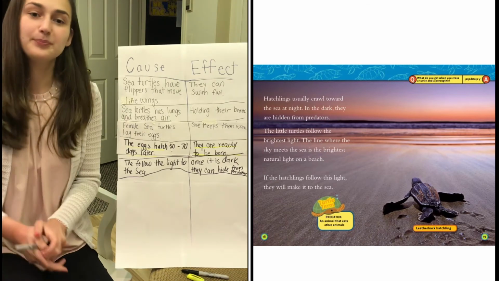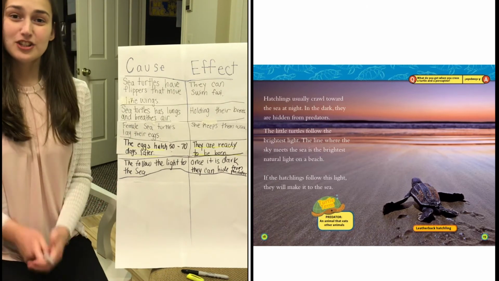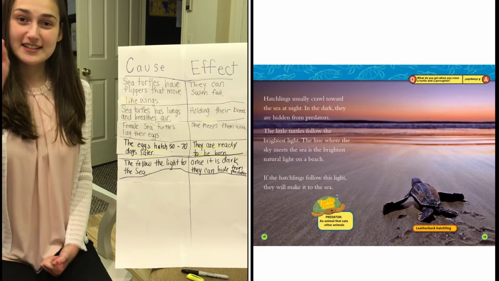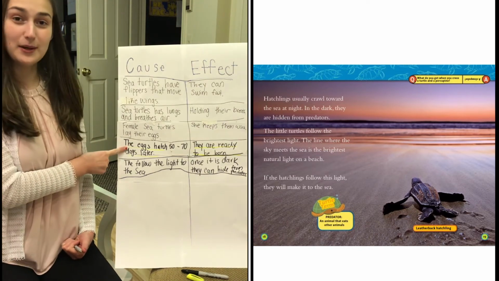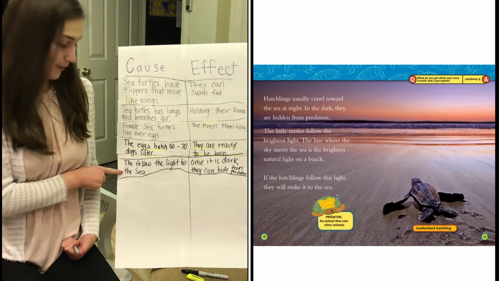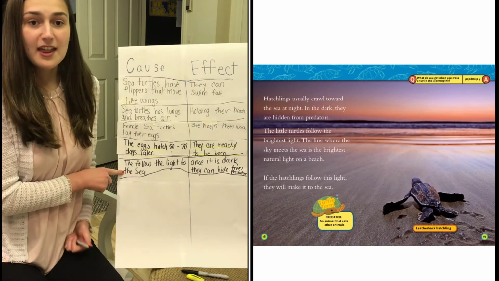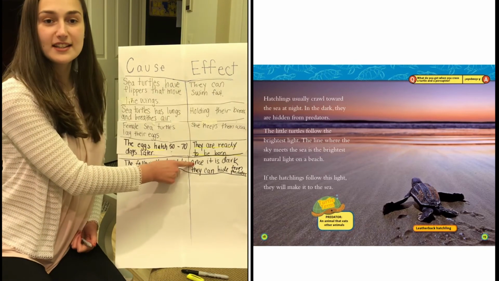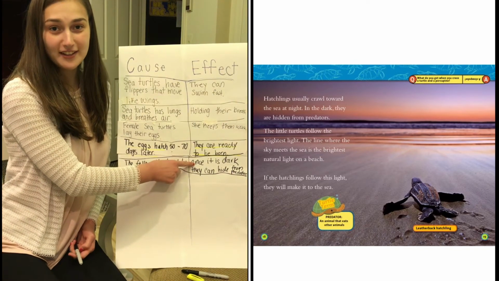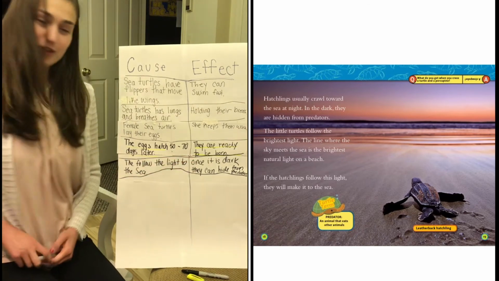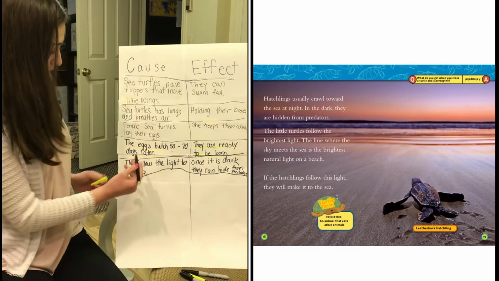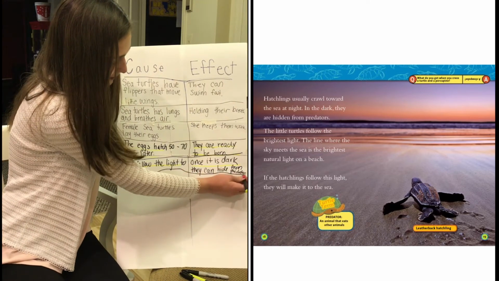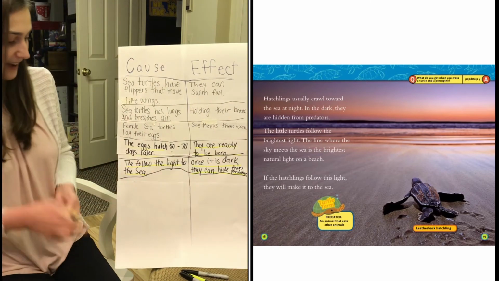Very good. Okay, so again, you can follow with me. We're on the second one on your list. Take your pointer finger out. Count the first one. Now we're on the second one, and it says, they follow the sunlight to the ocean. And our effect is once it is dark, they can hide from predators so that they remain safe. So you can, again, highlight, or you can just read or follow along. The same thing is on my poster that's on yours, okay?